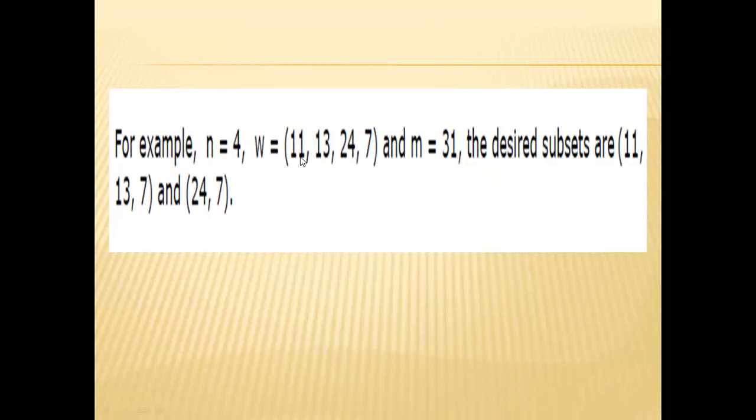Whose weights means first weight, second weight, and fourth weight. That is, x1 equal to 1, x2 equal to 2, x3 equal to 4, because we consider the first weight, second weight, and fourth weight in the sum. That is, sum equal to 31. That is 11 plus 13 plus 7, 31.